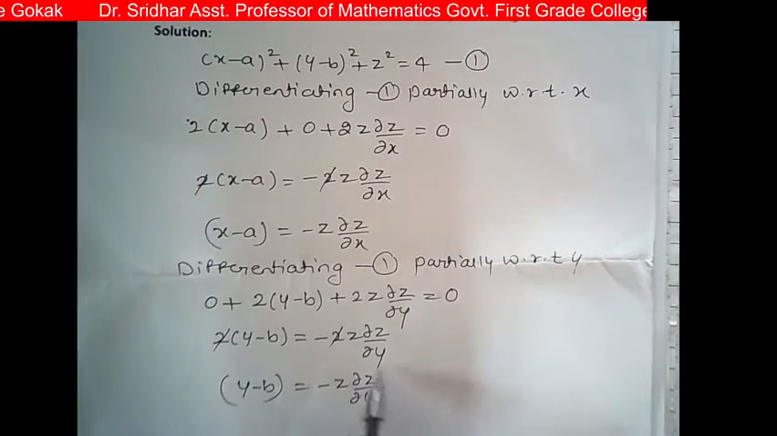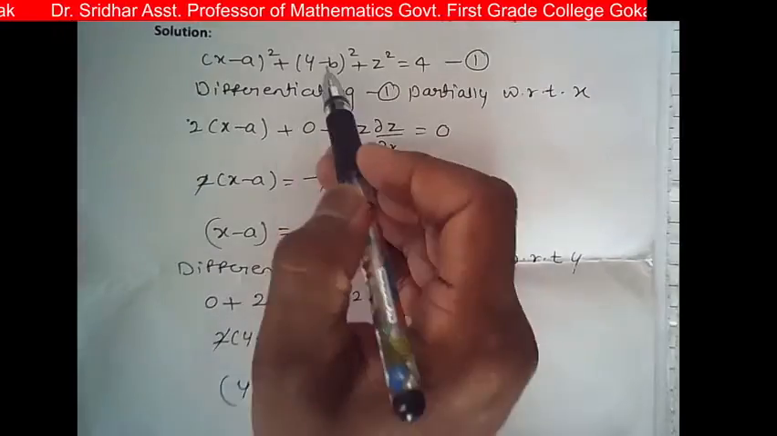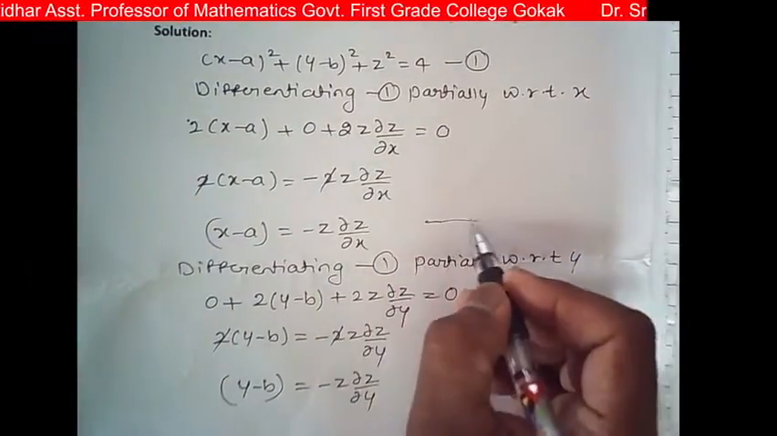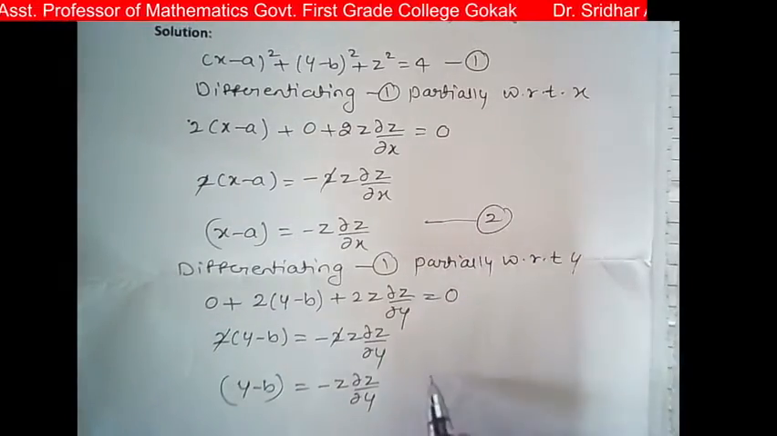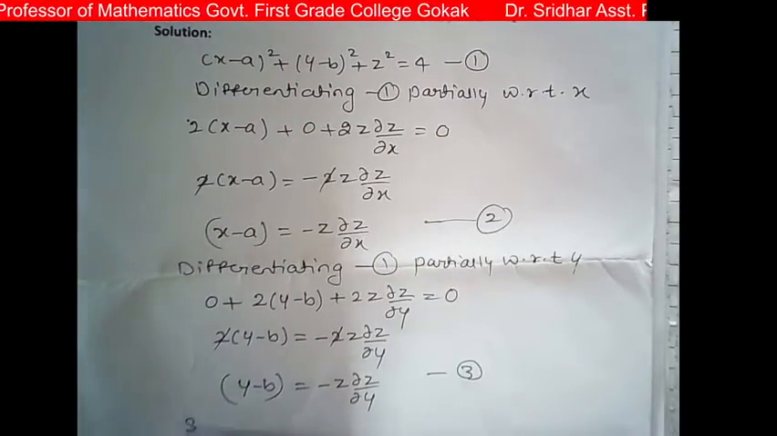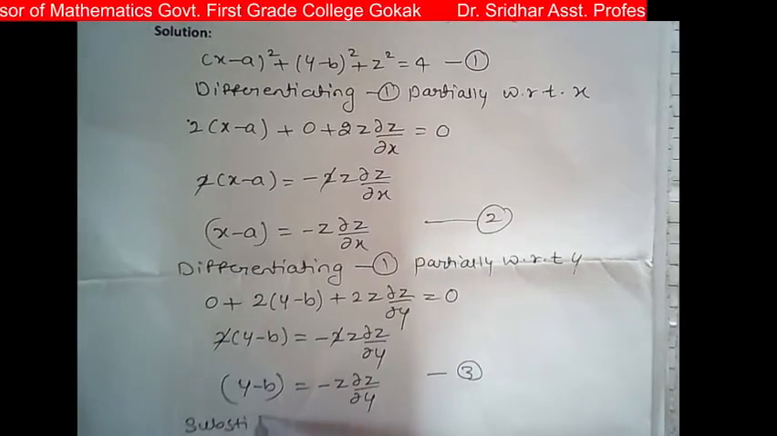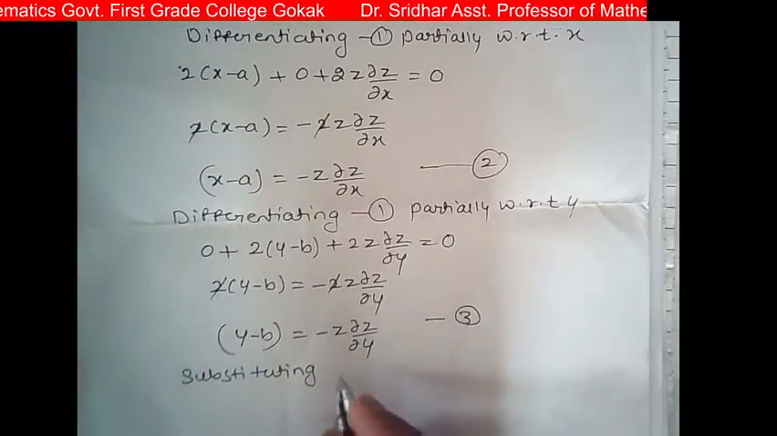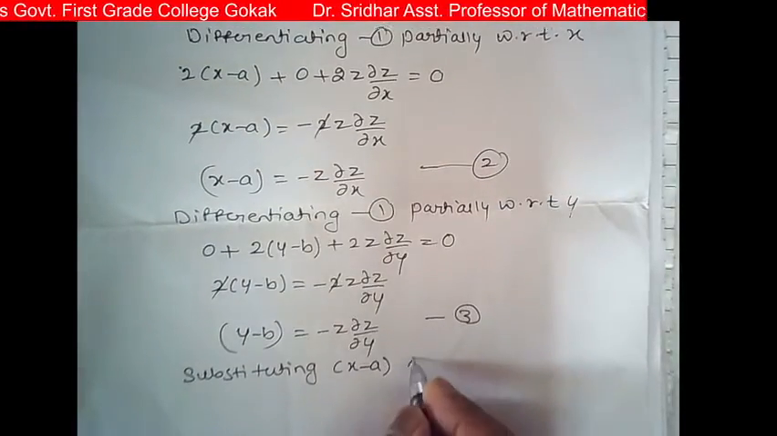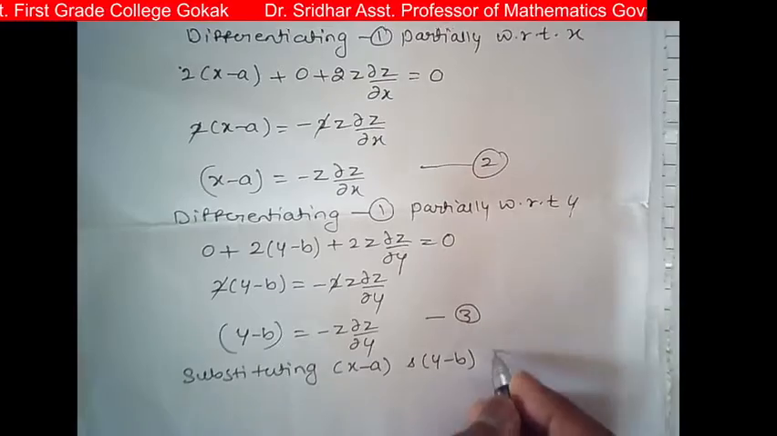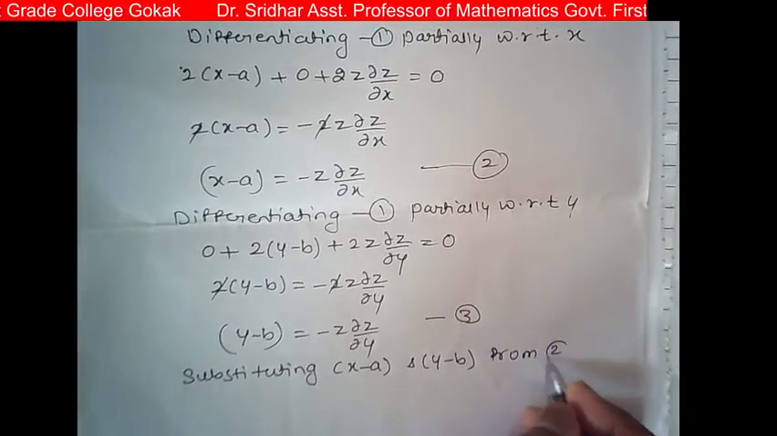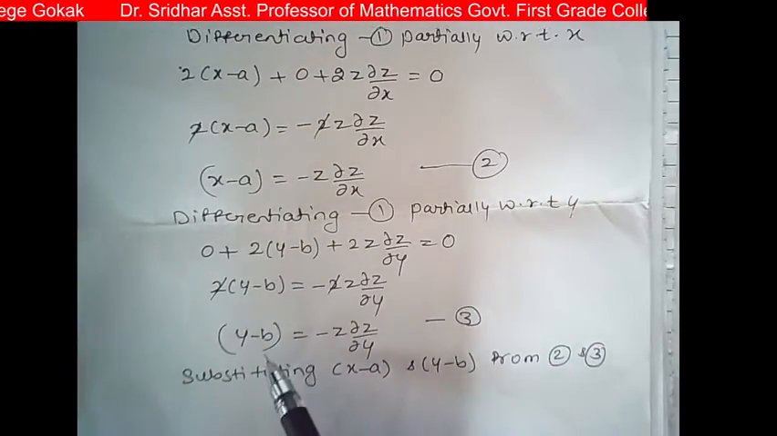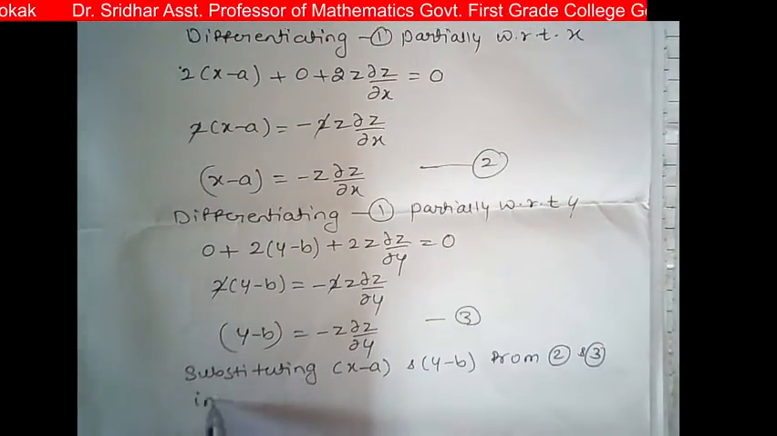So now what I do, I substitute this value of y minus b in this equation. That's all. So call this equation as 2 and this as 3. Now substituting x minus a and y minus b from 2 and 3, we take x minus a and y minus b and substitute them in